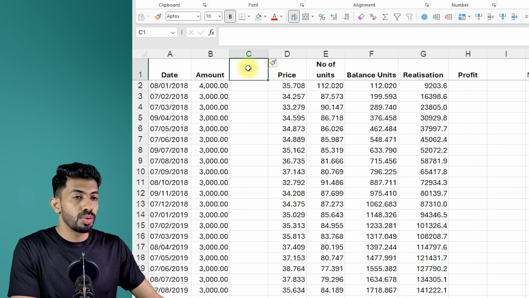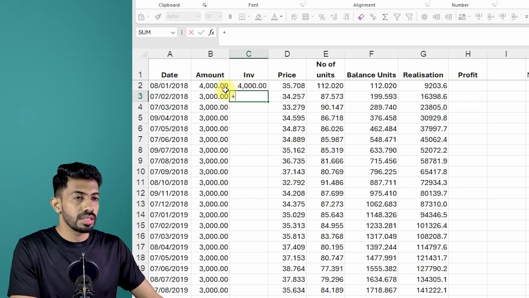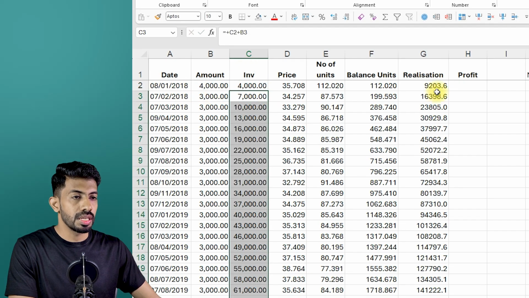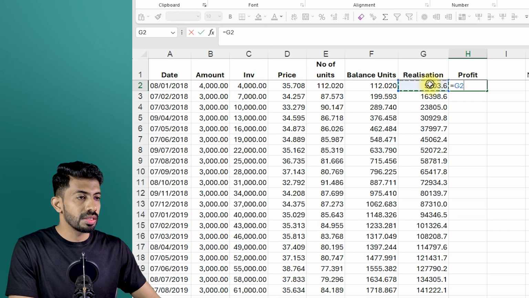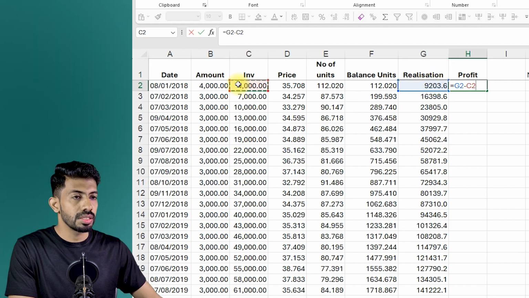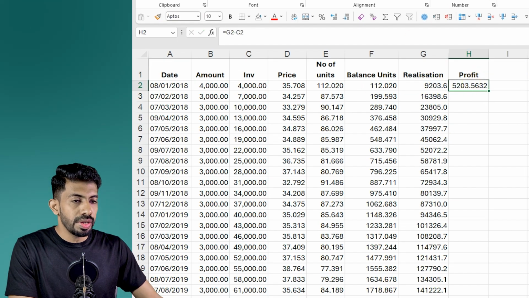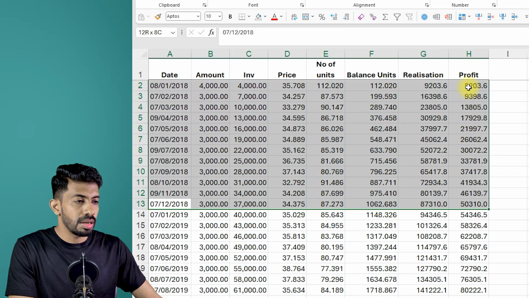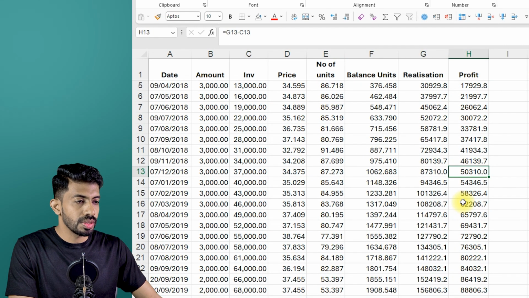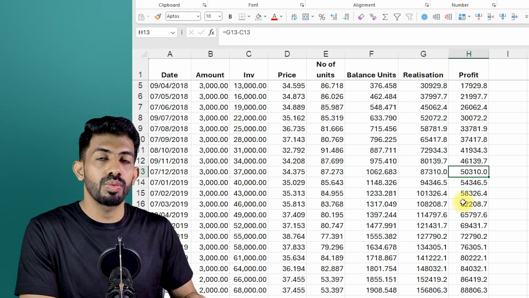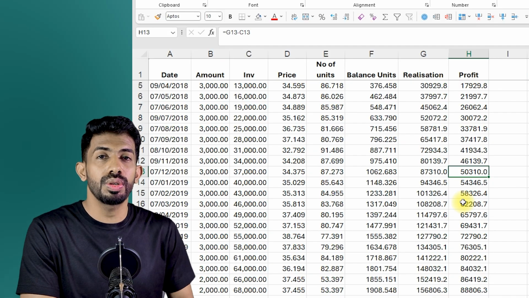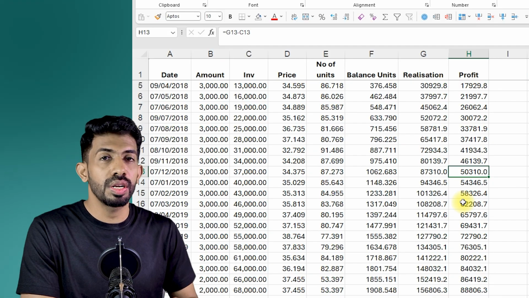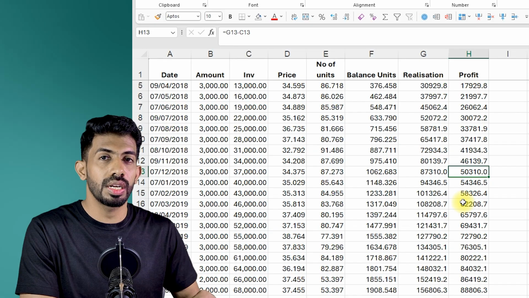I also need the cumulative investment amount. So I will insert a column here and sum this up the same way. Now my profit will be this total realization minus the investment amount. So if I sell all the investments that I made till December 2018, I'll be getting 50,000 profit. So I want to record transactions up to 1,25,000. Now one thing you need to keep in mind is that the 1,25,000 is the exemption that you can claim in total, putting all the shares and mutual funds together.